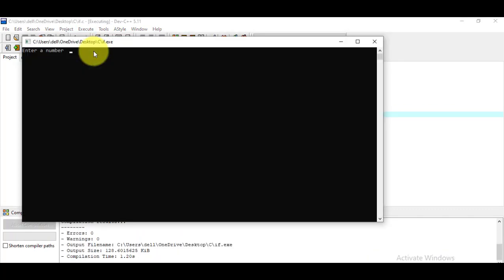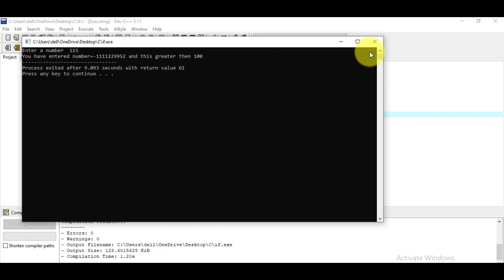Our program is compiled without any error. Here I'm writing a number, say 115. On entering it, it is showing you have entered number, and then something displays wrongly. This is just because we might have made some mistake in our program coding.